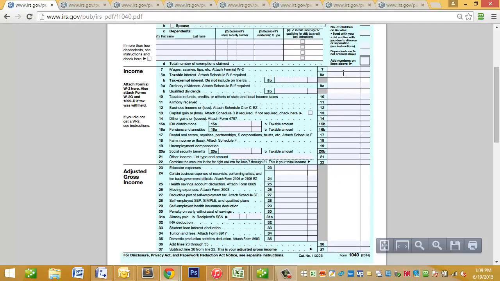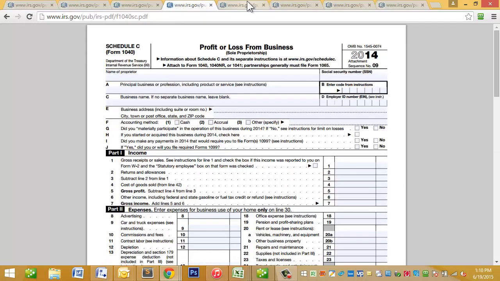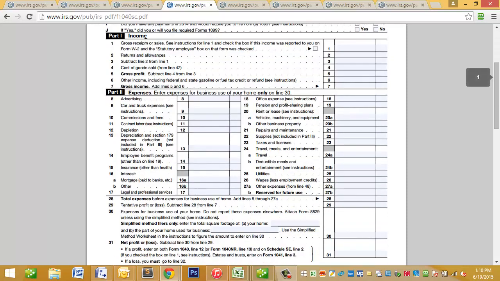So if we're looking at your wages, that's an easy one because you should get a W-2. If we're talking about business income, this is line 12. You see it says attached Schedule C or C-EZ. Well, we look at a Schedule C, that's this one, IRS Form Schedule C. This is the form that looks very much like what you might call in business a profit and loss statement or an income statement. The top section has your total amount of money you brought into the company, gross income,